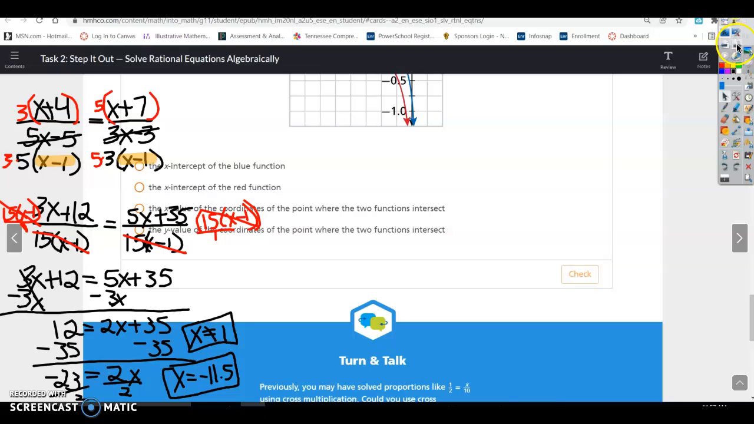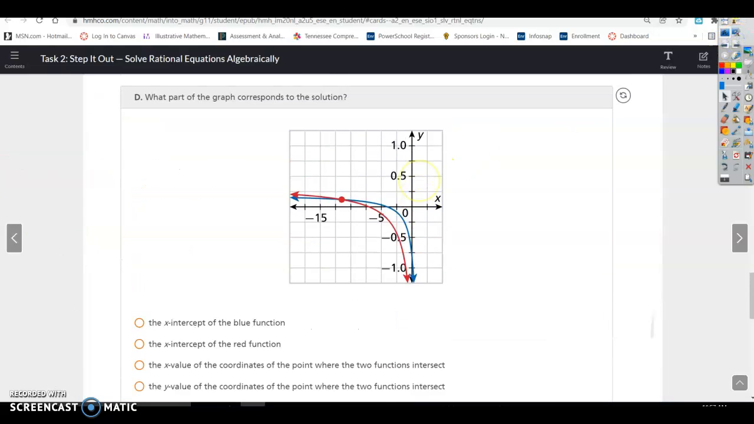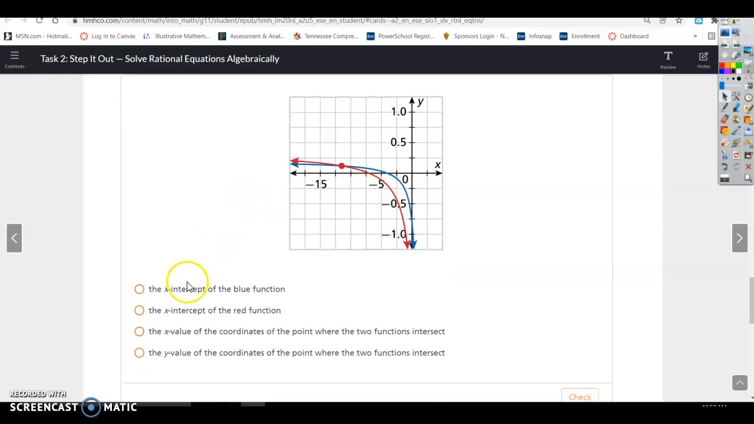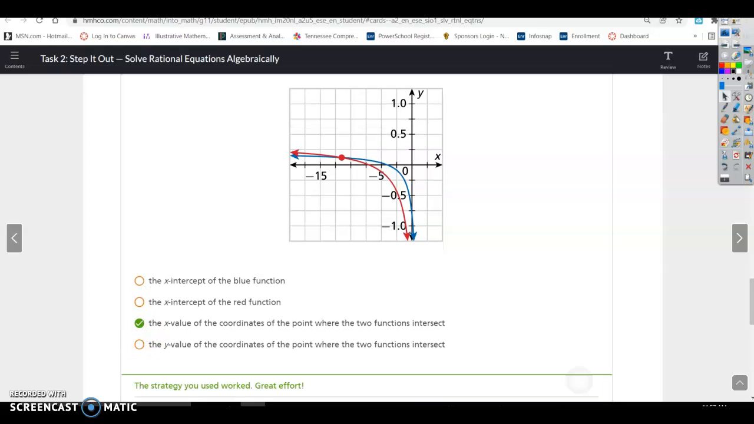Let's see. This is hard to see. Let me get rid of this. Let's see what this says. All right. What part of the graph corresponds to the solution? All right, the x-intercept of the blue function, the x-intercept of the red. Okay, the x values of where they intersect would be the two solutions. All right, that's all for task